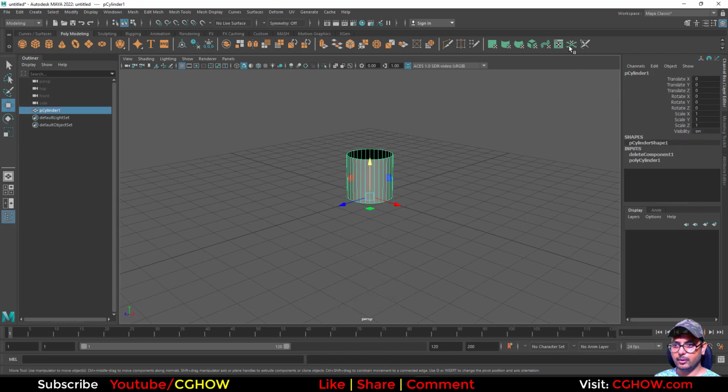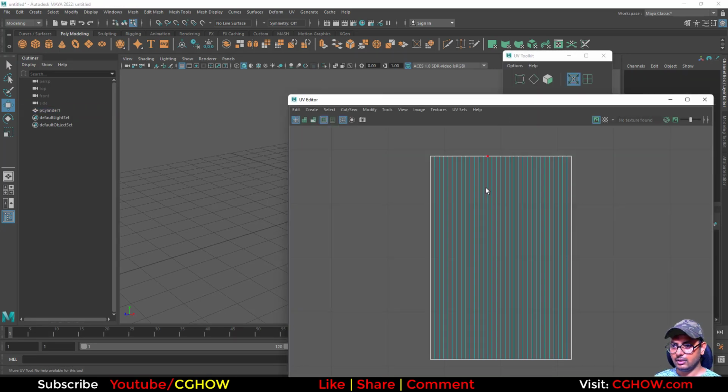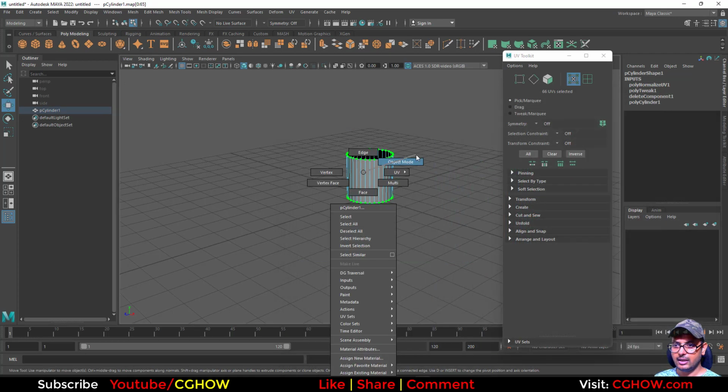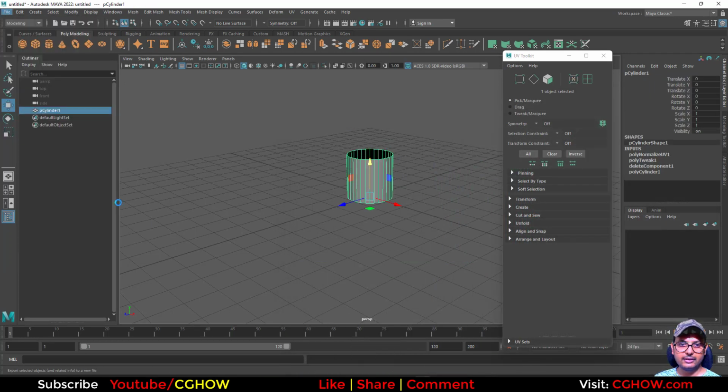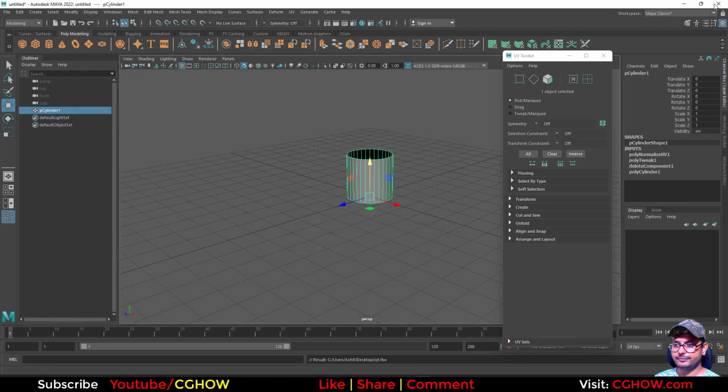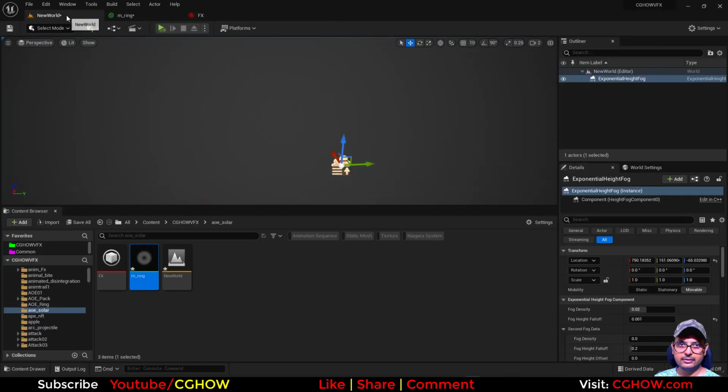So pivot will be on the ground, then you can normalize the UVs so it will fit the box, and then you can just export that. I'm just calling it CYL, cylinder short form, and let's import that,